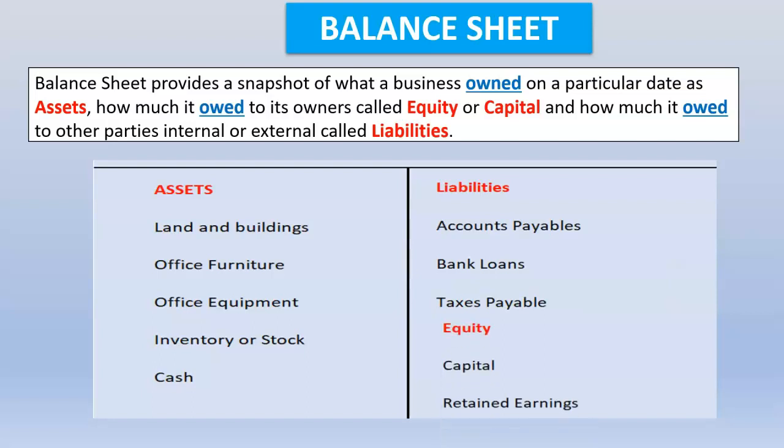Equity is a little more difficult to explain. Let us explain it in this way. If a business sells all its assets today and settles or pays off all its liabilities, the money left over will belong to owners, which is called equity. In other words, equity equals total assets minus total liabilities. Let us illustrate how a balance sheet works practically.